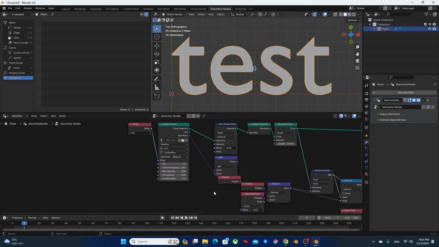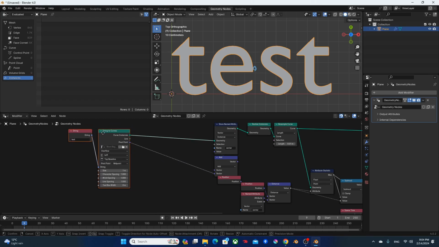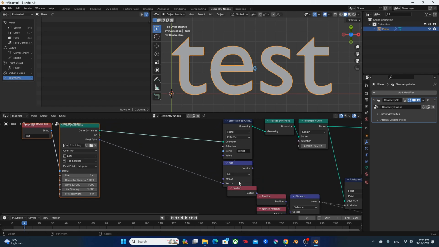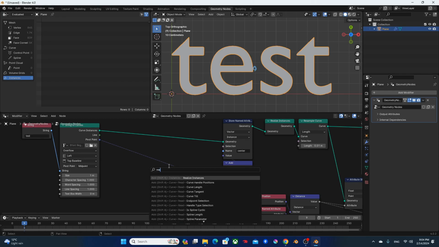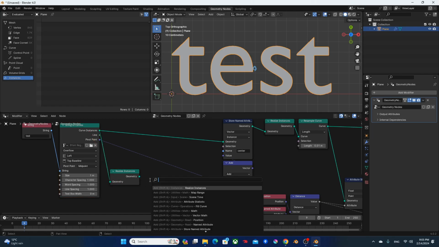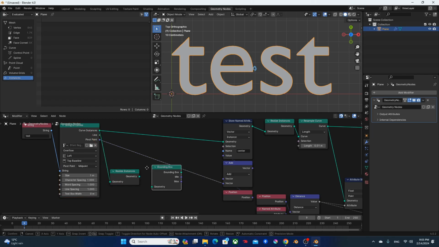The way we can accomplish this is by changing what we plug into the store named attribute. So right now everything's basically centering around this calculation. If I change this to realize instance, bounding box, and vector math,